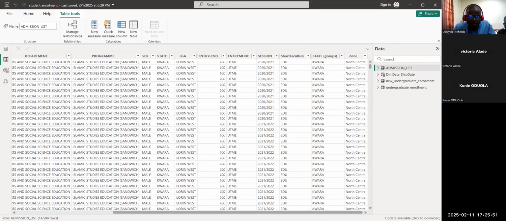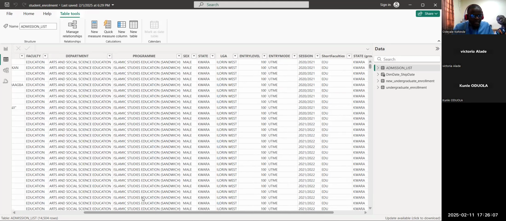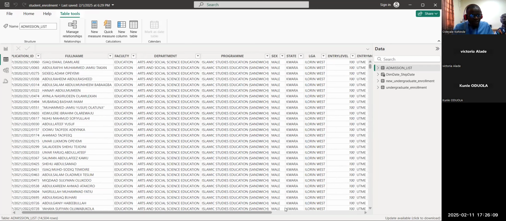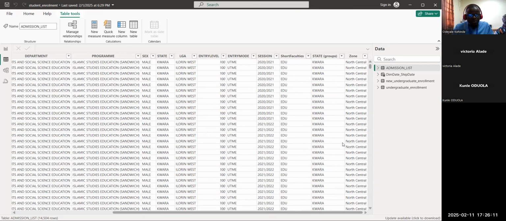This is session, and in this session we have 2020, 2021, 2122, and so on like that. But here now, we don't have numeric values, except level. So we don't have numeric values for maybe